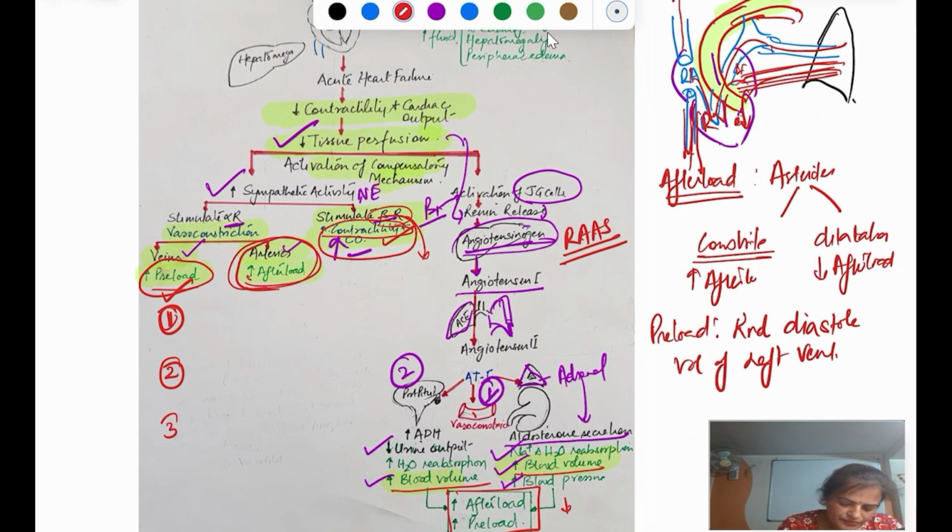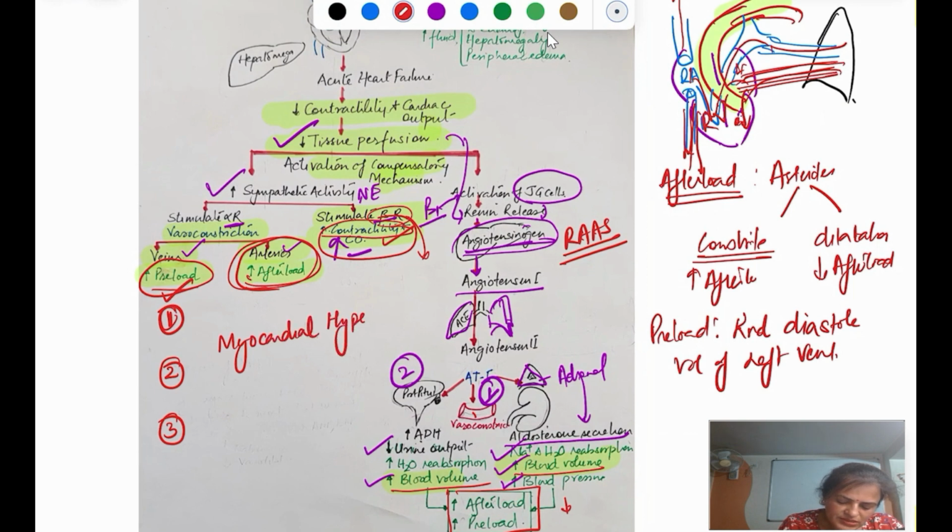Number 3, the most important compensatory mechanism which is going to operate in the heart, that is, at the local level, myocardial hypertrophy. So what is that myocardial hypertrophy? There is a dilatation, myocardial hypertrophy, the size of the heart is increased. You can say the shape of the heart will become spherical, that there will be myocardial